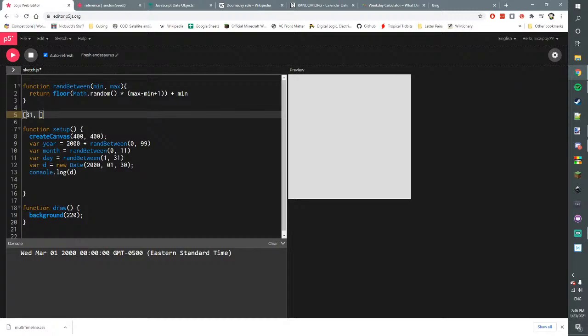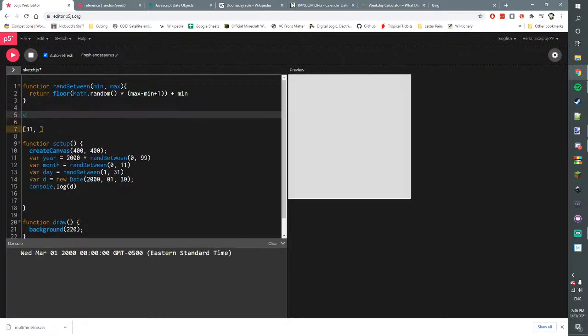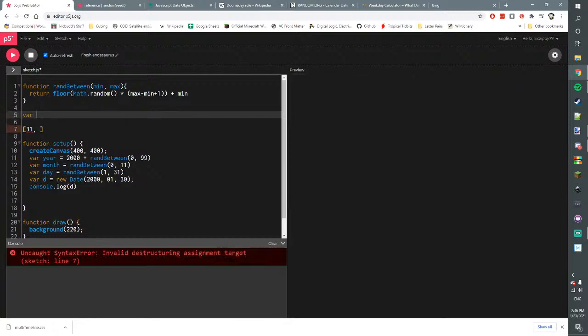February has, we have to store this in a different variable. Let's make a new variable. Let's call it, let's also make this a new